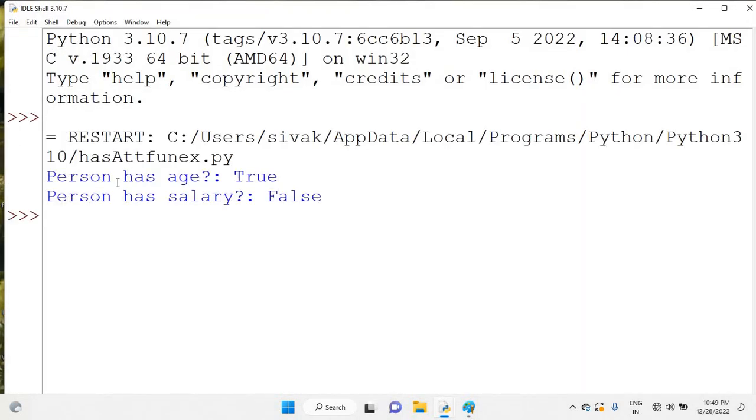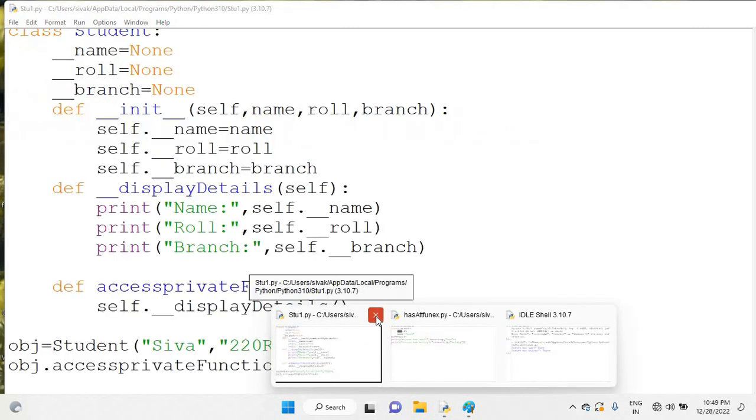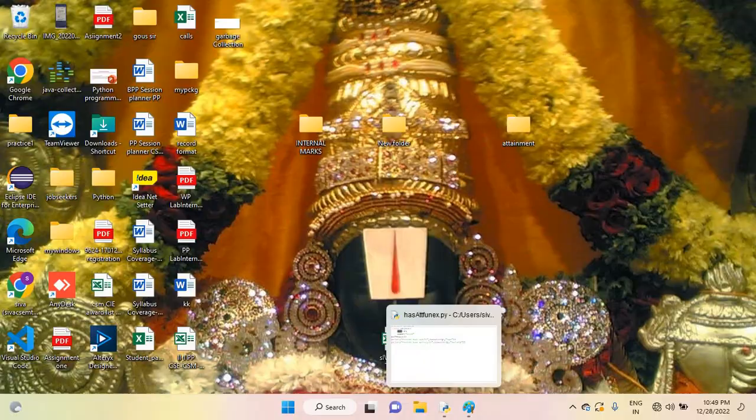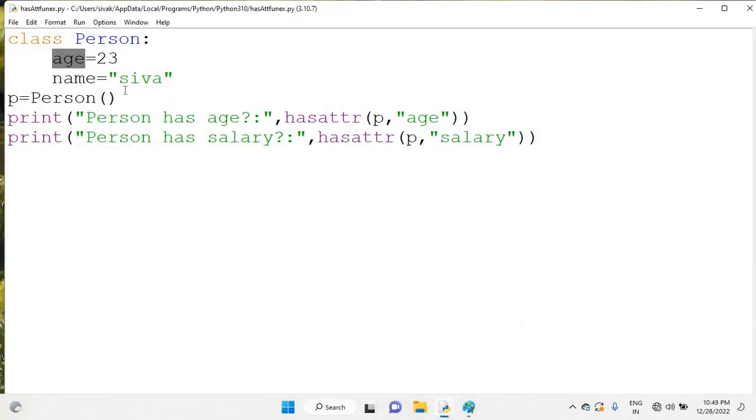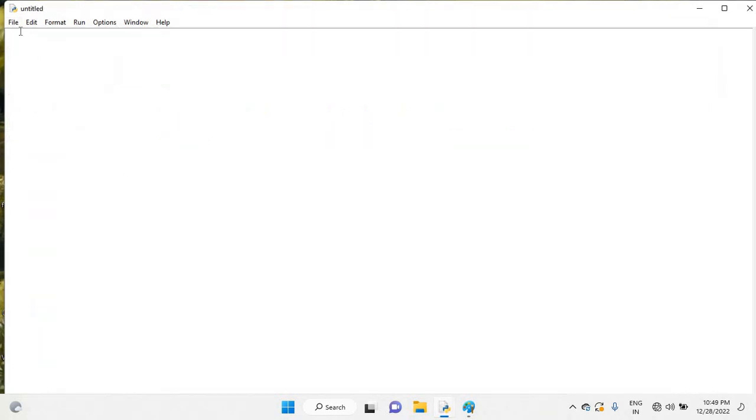You can see the output. Person has age, True, returns true. Salary, no, right? In this example, there is no salary attribute in the class. The age attribute we have, that's why it returns true here. That's why it returns false here. Got the point? Next example is, file new I'm taking, so another example